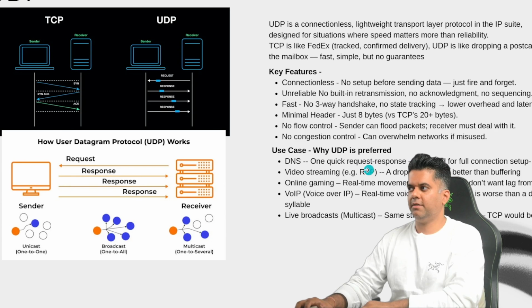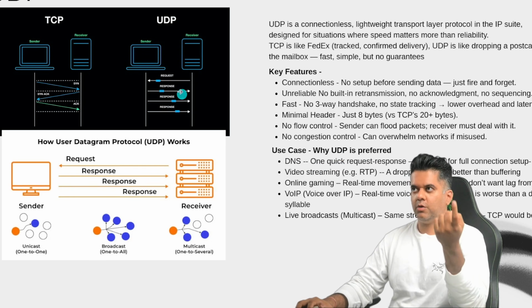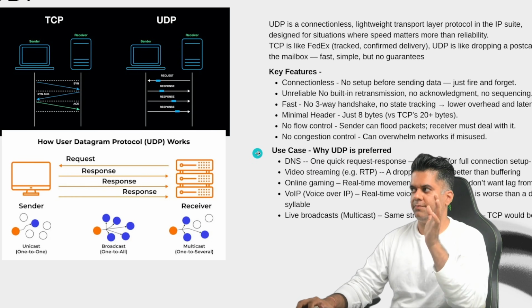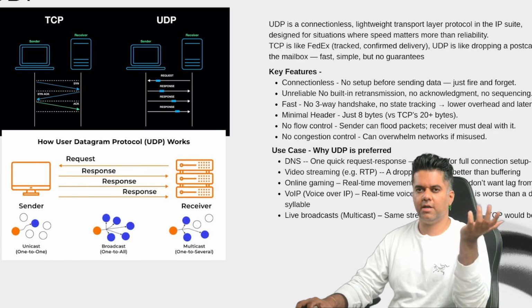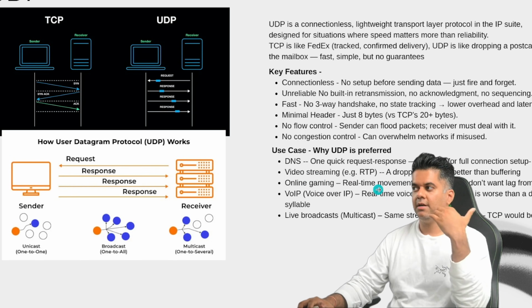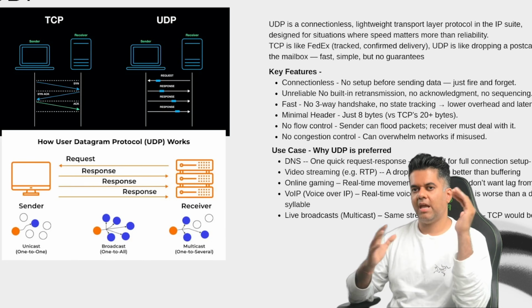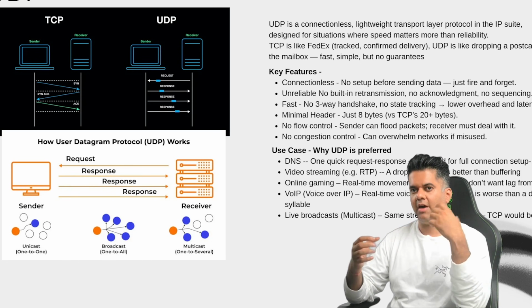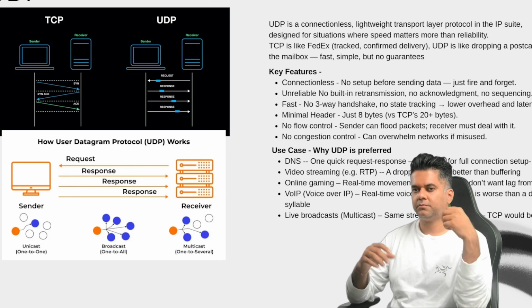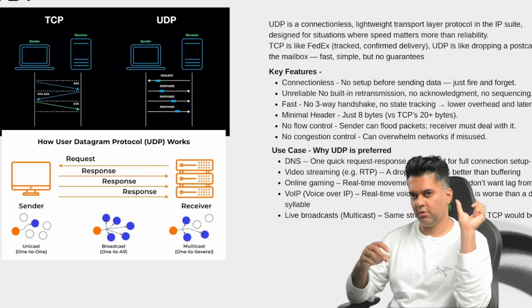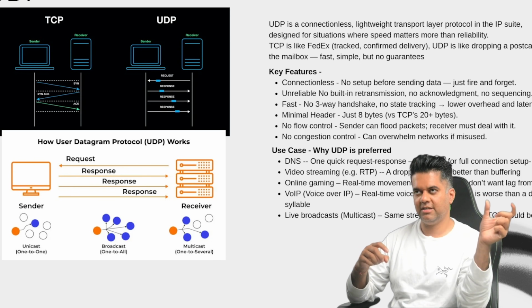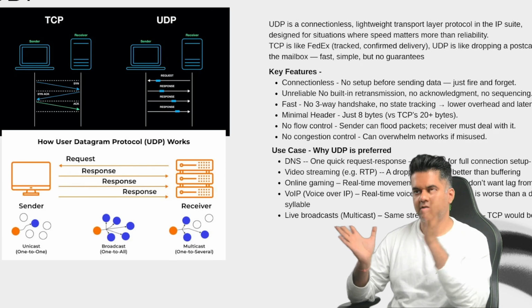So use cases for UDP, right? It's just one request, as you can see, and then multiple responses. It's great for video streaming because even if there's one frame that's been dropped, that's all right. Video can work with that. And it's also great for online gaming where real-time movement updates are involved. TCP is not that great for online gaming because every single time you send a few packets, you have to send back an acknowledgement. That takes time. It takes time to set up the connection. And also, if a packet is lost, the remaining packets will keep waiting in the buffer in TCP. UDP doesn't have any of that, so it's really quick.